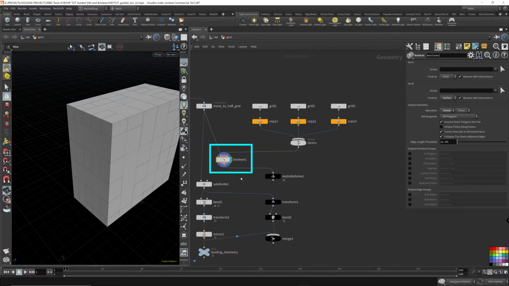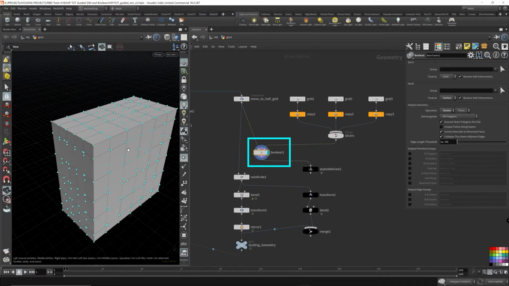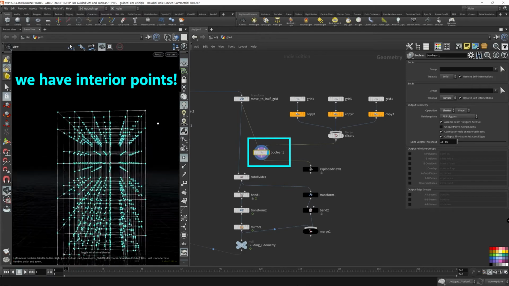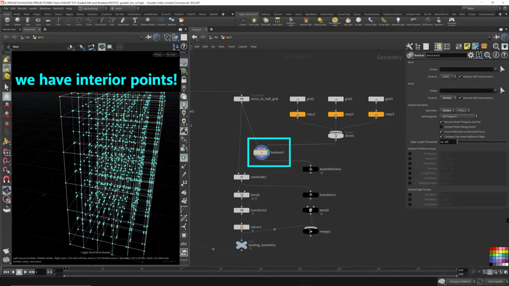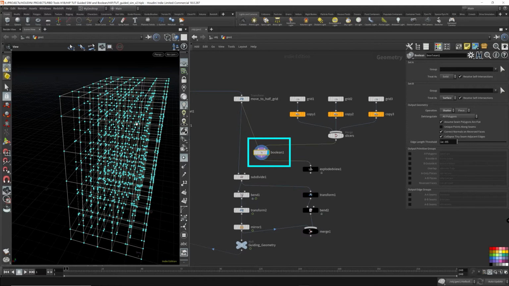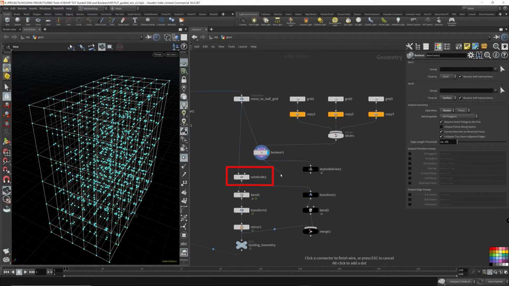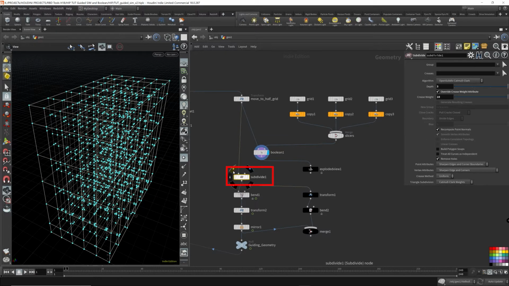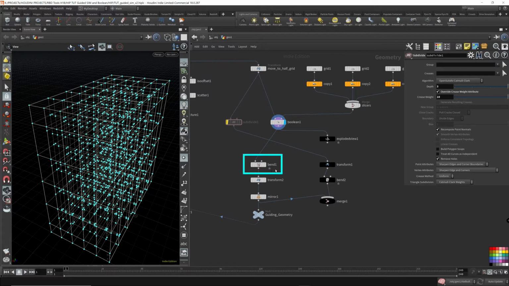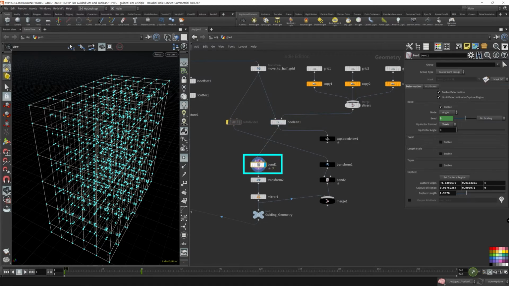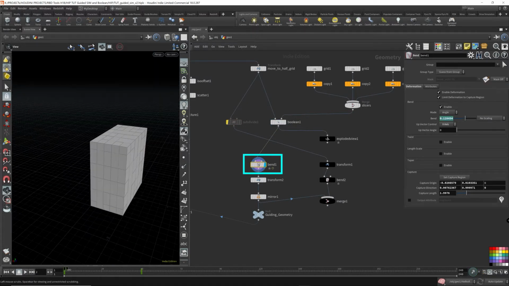I'm going to take a look at the points, and I'm going to put this in wireframe. We have points inside in the interior as well, so we have more influence points. So let's hook this up to, oh, we don't need the subdivide anymore, so I'm going to ignore this. Move this over here. I'm going to keep it here for reference because I'm going to be sharing this file. So let's hook this boolean over to the bend, and let's take a look at what it looks like. Now let's just scrub through the timeline. Looks good. It's still bending the same way.